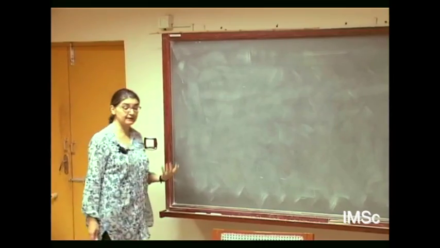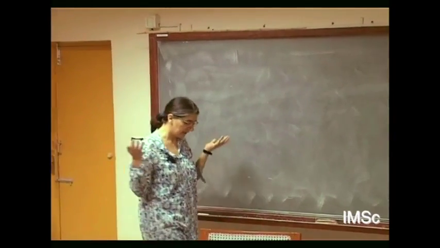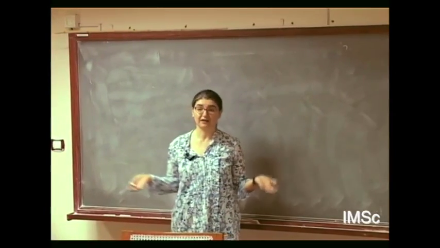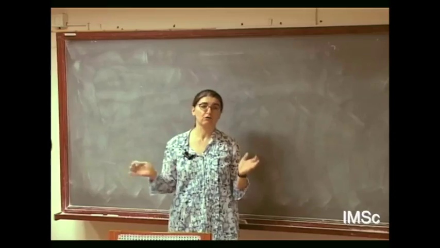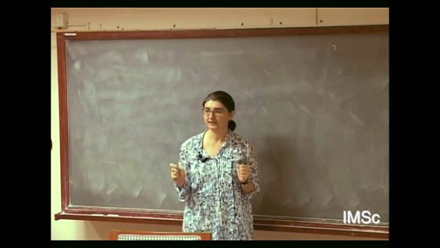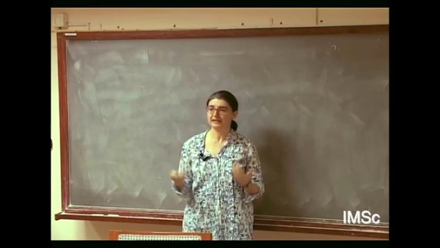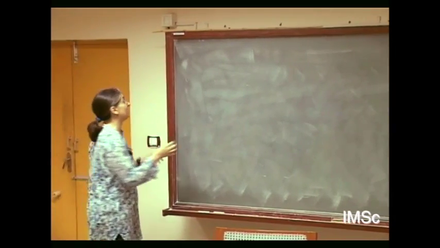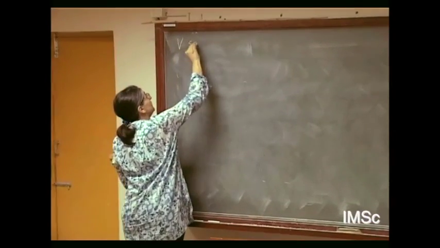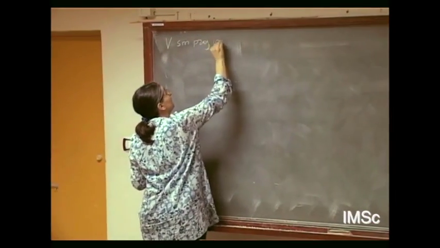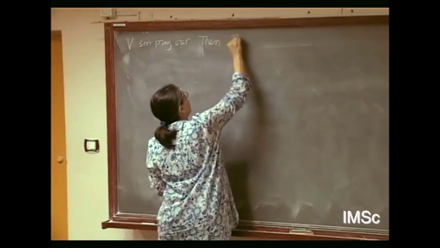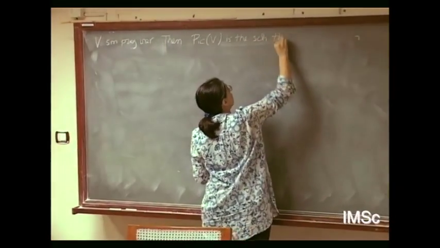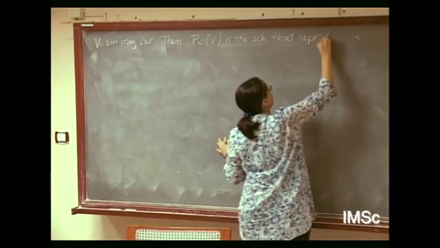What Deligne means is the following. You all know that line bundles over, say, a smooth projective variety are a scheme, the Picard scheme. But if you try to write down the universal property of the Picard scheme, if you want to write this as a scheme that represents a functor, you have to do this wild trick with the tensor. So remember that if V is, say, a smooth projective variety, then Pic V is the scheme that represents the functor